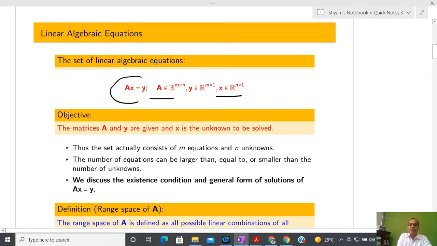So this is the specification of the system, or algebraic equation, and I have to solve this equation. Now the objective I have already written. The matrices A and y are given and x is unknown to me, and I have to check whether there always exists a solution, or whether there must be some specification about A, then only can I talk about the solution. That is what I have to see. So first, before going to the solution, let us try to see the interpretation.